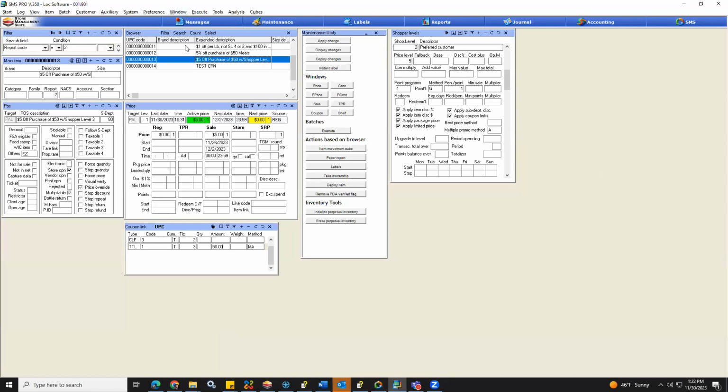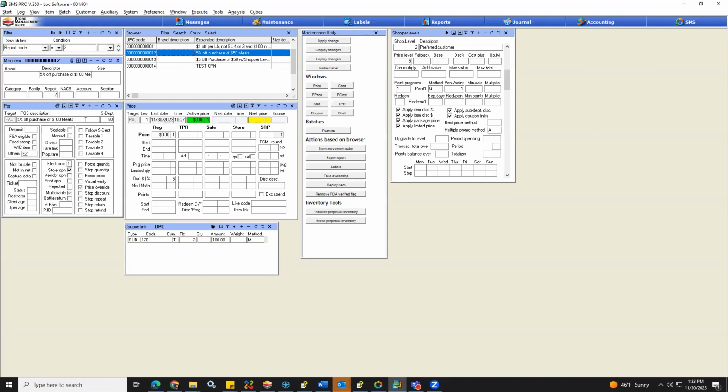Another common coupon that we do get questions about are percentage off coupons. So right here I have this item. It's 5% off when you purchase $100 in meat. And I did not fix that. I put it $50 at first, and then I changed it to 100 down here. So with percentage off coupons, there is a